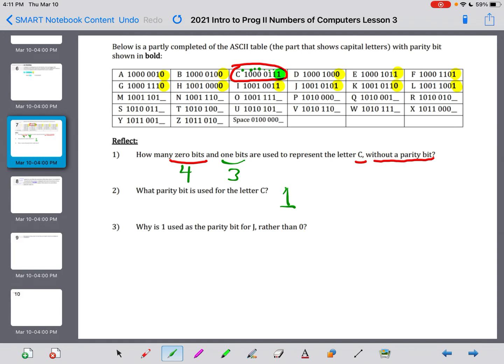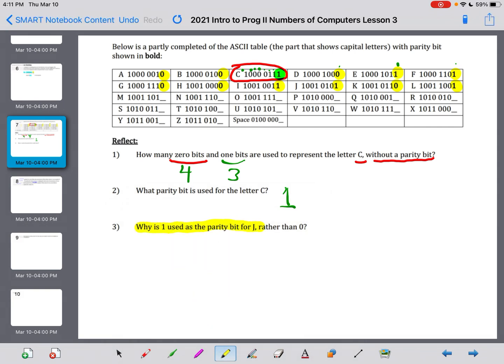So if we take a look at the next one, the parity bit right here for D is 0. And again, the next one there for E is back to 1. And then here for F, it's back to 1. So there is a process here. So the next question here,